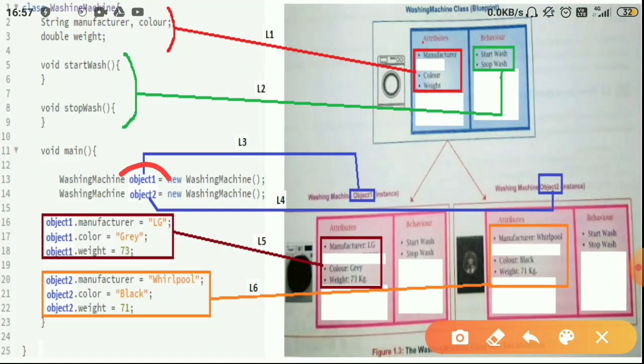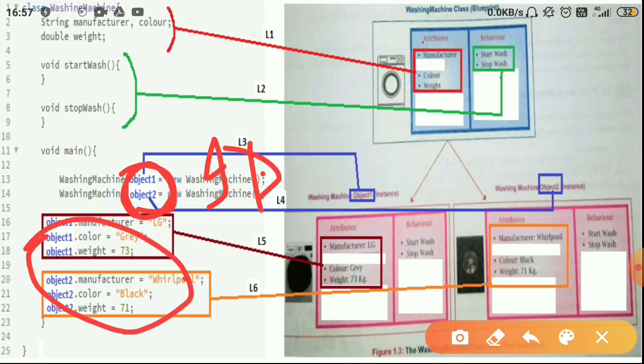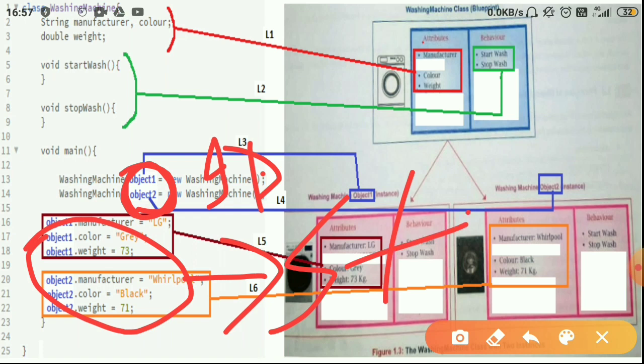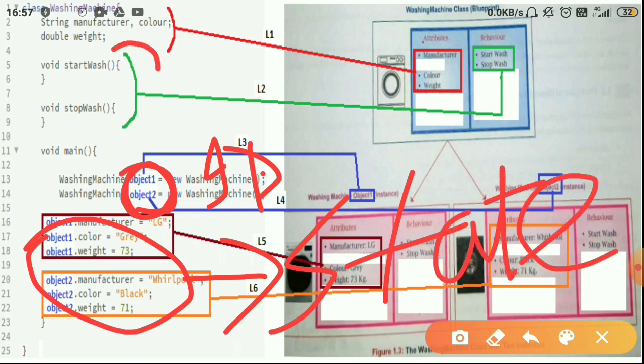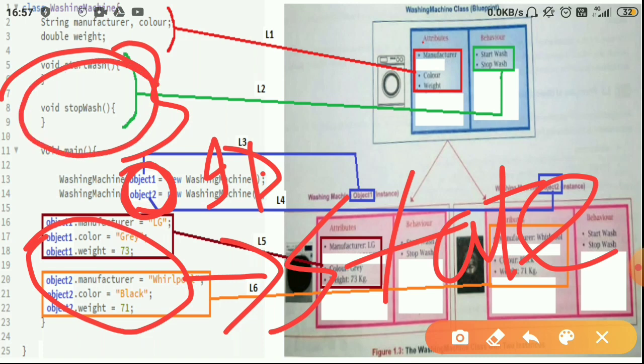This is the name of the object, object1 and object2. Remember, an object has identity, state, and behavior, isn't it? So this is our identity, this is our state, and these are the behaviors of our washing machine. I hope this point is clear.